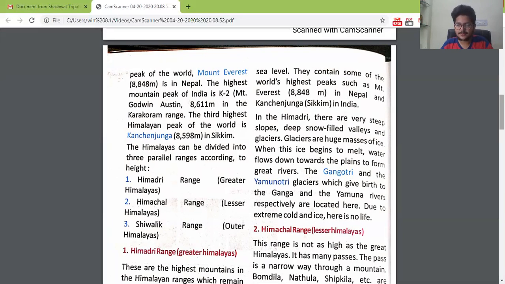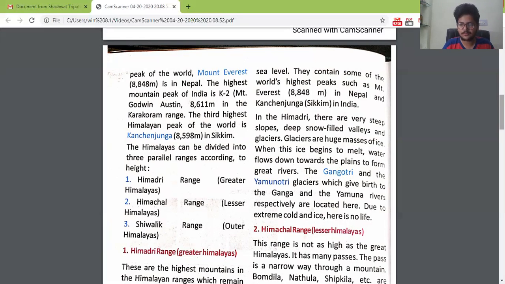There are very steep slopes, deep snow-filled valleys, and glaciers. What are glaciers? Glaciers are huge masses of ice.